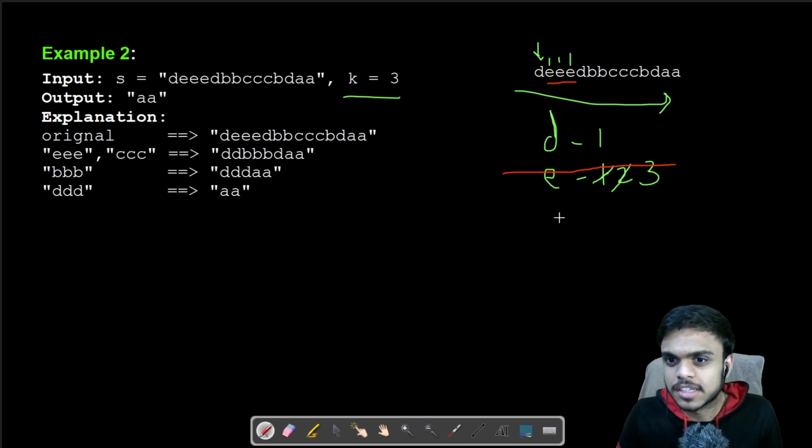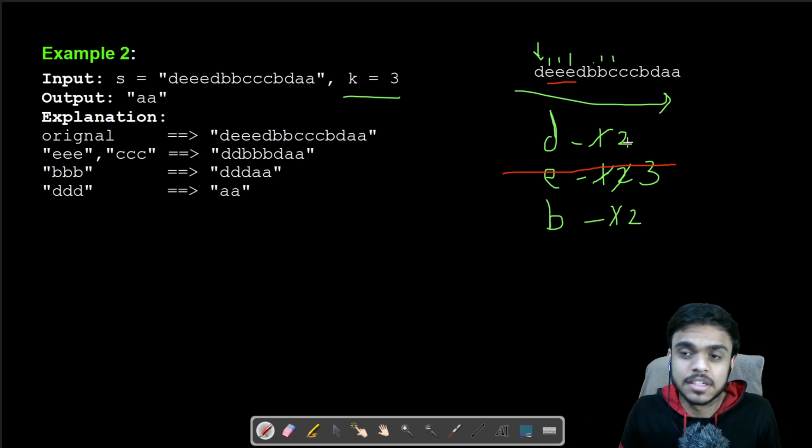Then we move ahead, and we have a D, but before adding, we need to check whether it is already present. D is already present, so rather than adding a new element, we just increment it. Now we have a b, which is not present, so we add a new element b1. Then we encounter another b, so we increment it to 2. Then we have a c. c is not present, because the last element we have is b, so we take c and make it 1. We have one more c, so we increment it, and again one more c, so we increment it to 3.